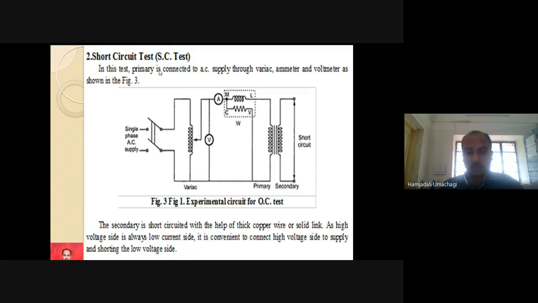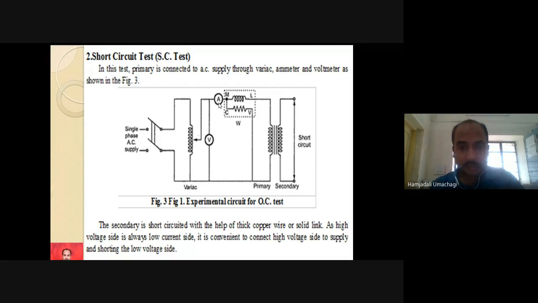Now for the short circuit test, I should allow the full load current, that is 4.3 ampere, which can be observed using this ammeter. Make sure we do not suddenly apply 230 volts like we do in the OC test, because here the secondary is shorted. If you inject only around 9 to 10 volts, you can observe 4.3 ampere flowing. When it carries 4.3, which is the full load current of the transformer, at that time you need to note down the short circuit current, ISC. Whatever readings you observe are denoted with short circuit conditions.